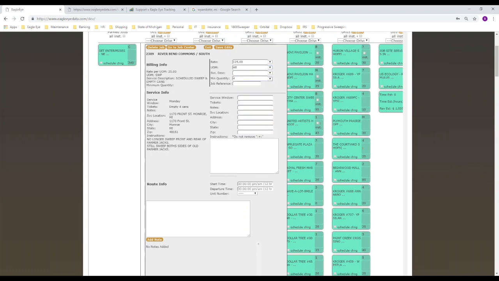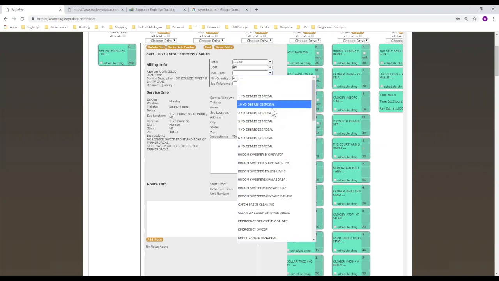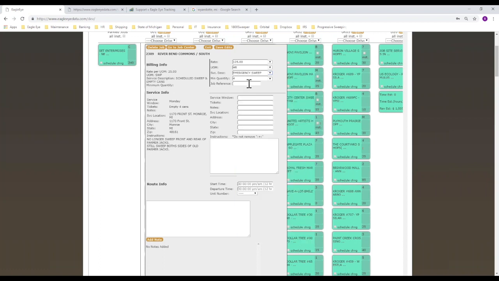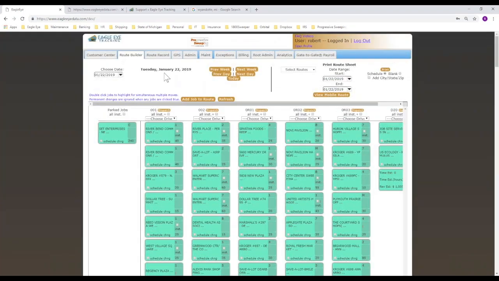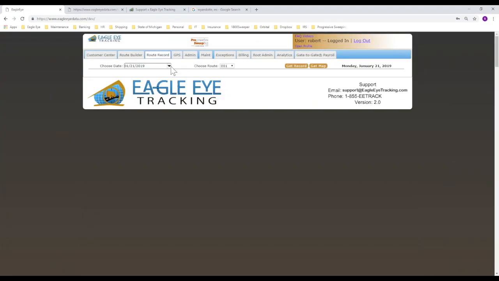I'll give it a minimum quantity of 4 hours, and I'm going to say it is an emergency sweep, and I'm going to put the PO number 1234. Once I save this, it will no longer say $25 per sweep, scheduled sweep. So if I go over to route record for Tuesday,